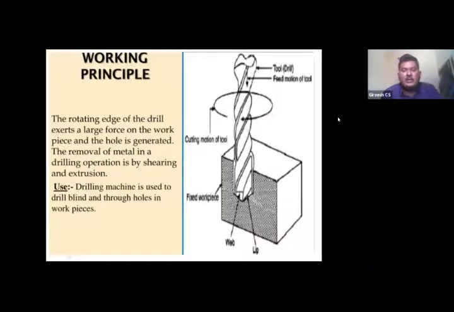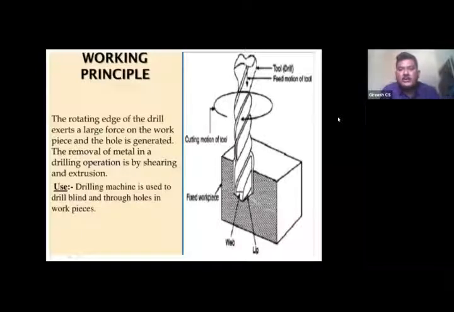So here the working principle is such. You will be having a drill bit. It is also called a twisted drill, where the cutting edges are provided on the circumference of the cylindrical tool. It is a twisted tool. We will be having a space for the flow of the chips also in this drill. It is called flute. Along the flute, the chip will be moving out.